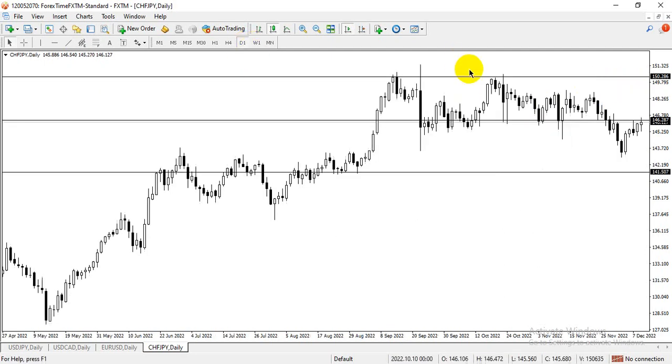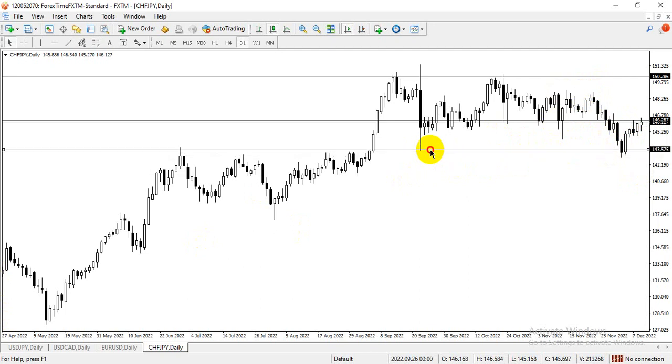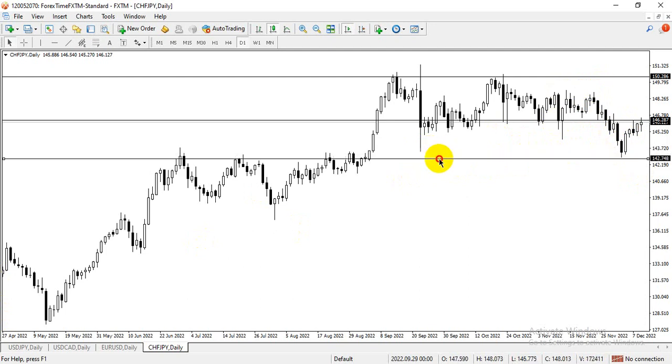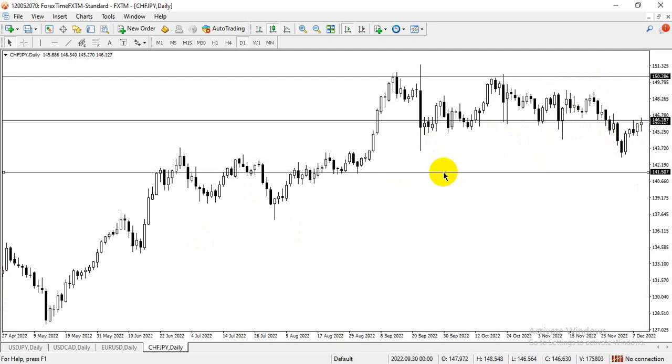If you go to the daily chart, you see it better. You can see the range. You can see the area of the range. The market has ranged. So the market interestingly broke out of this range, also this level. If you look at it, it broke out of this level. Okay, so interestingly,